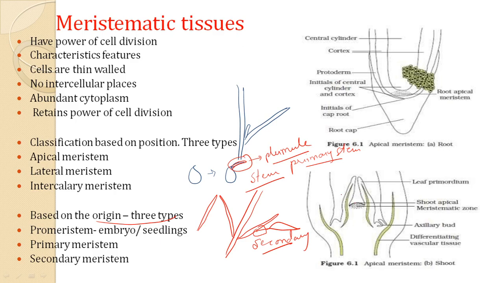So the root, if we go to the shoot system, what we find is that new growth is being seen at the tip of the shoot. That is, if you look at the stem, this is the tip. The tip of the shoot is called apical, while the later growth, which is elongated parallelly, is called a lateral meristem.